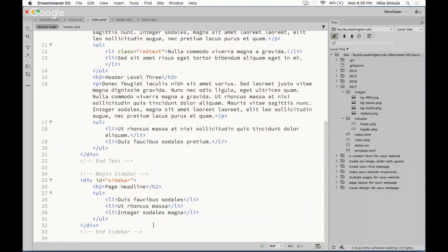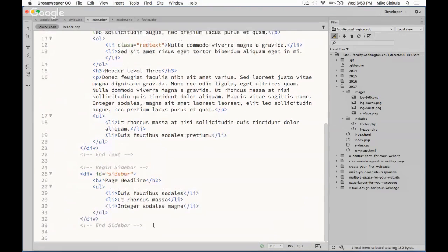So now I have header and footer in my includes folder, and if I go back to index.php, same thing. I want to come down here, open up a PHP script, close the PHP script, go back in here, and use the include function. I want to call a string, and that string is a path to includes/footer.php. And if I save this now,